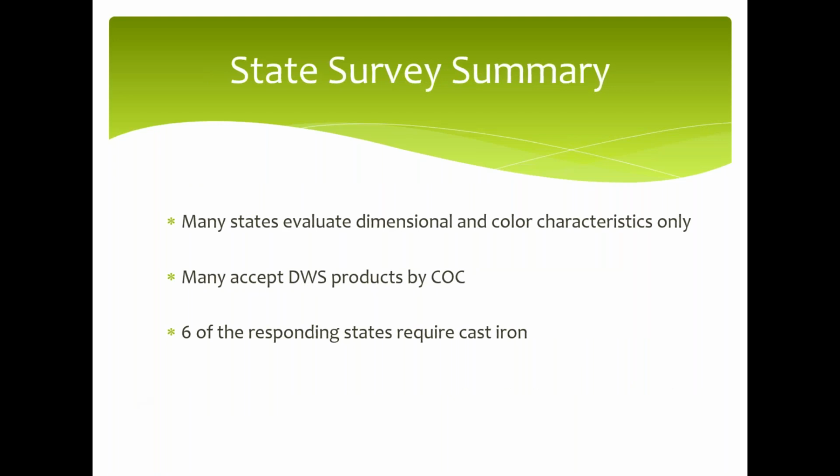So some general findings. Many of the states out there now are basically evaluating dimensional and color characteristics to make sure they're meeting the ADA requirements and aren't necessarily doing any durability testing or that type of thing. I did encounter a couple of states that had warranties that would require a replacement within a certain period of time if there was a certain level of degradation of the panel. I found a lot of states who accept detectable warnings simply based on certification by the manufacturer that the product meets the specification,